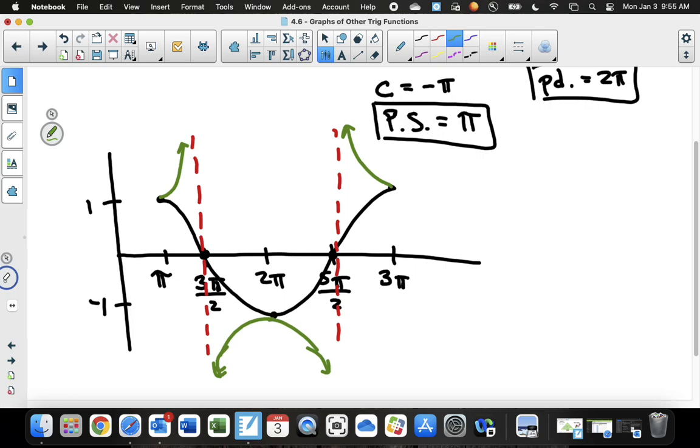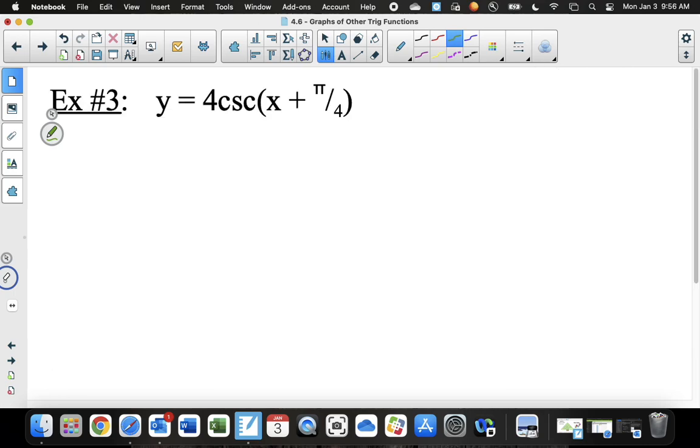All right, let's do one more. Last example. Let's do a cosecant one. And this we'll wrap up on this one. Again, when you see a cosecant graph,